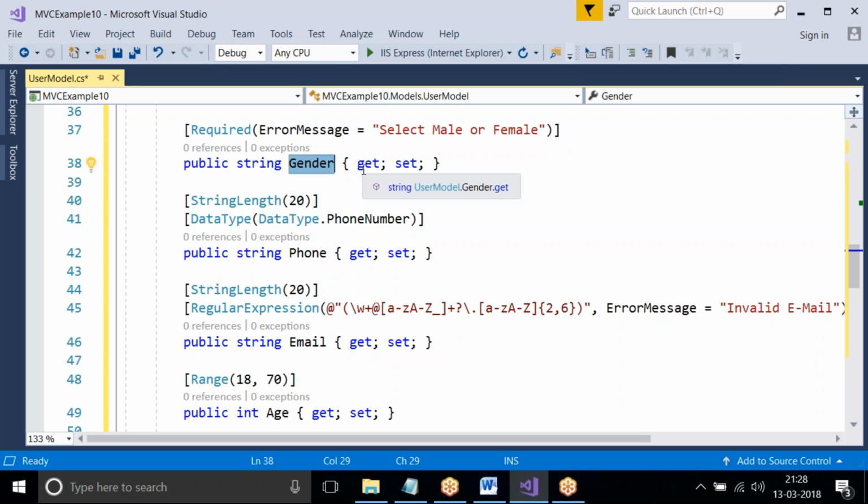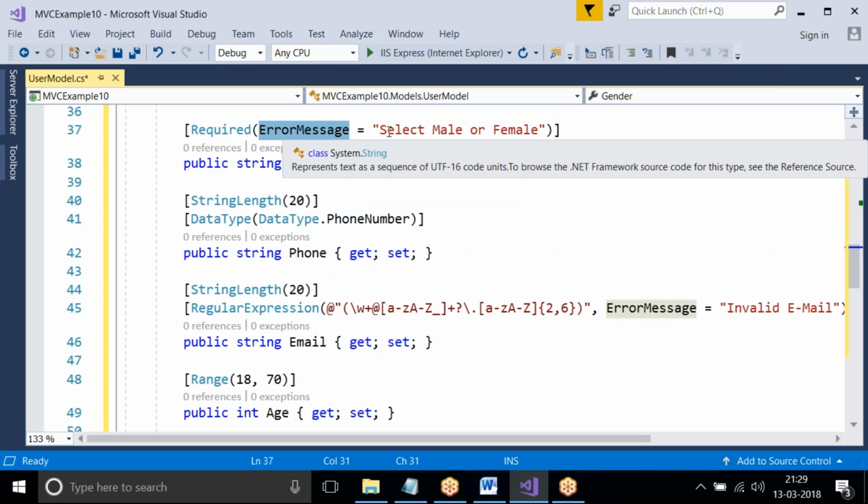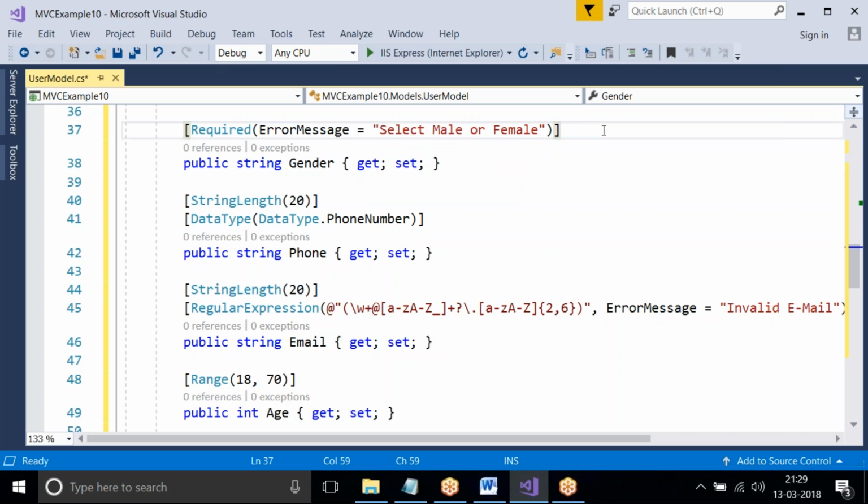So if you want to give a related error message, then I can use this ErrorMessage in Required: ErrorMessage equal to select male or female. If I am not giving this error message and the user did not enter gender, then it will show the message gender is required. But if you want to give the error message clearly, select male or female.